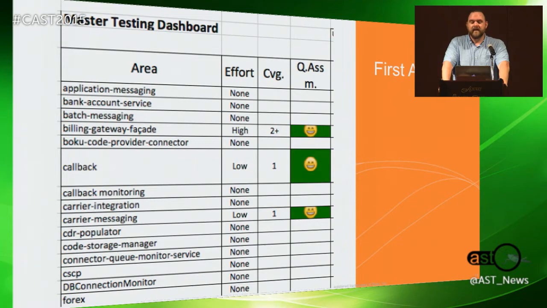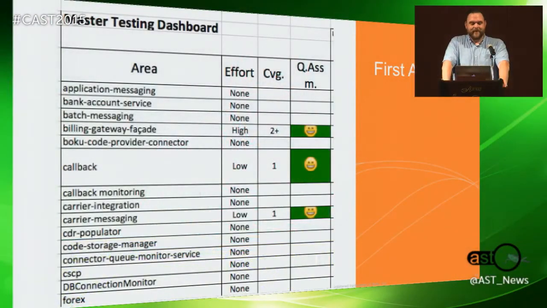And one thing that we realized that we were doing now that we hadn't done before was to explicitly state what we weren't going to test. So you see a lot of nones on this picture. We were not going to be testing the application messaging app. And we had come to that conclusion because the 6 dimensions of RC, RC, RC, which we so lovingly refer to as RC cubed, so we can say it quicker,